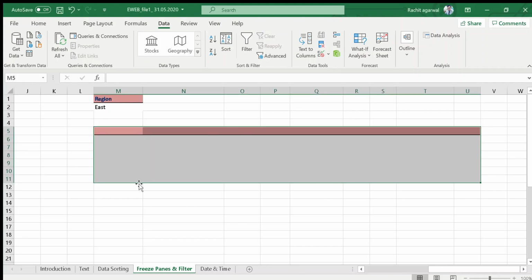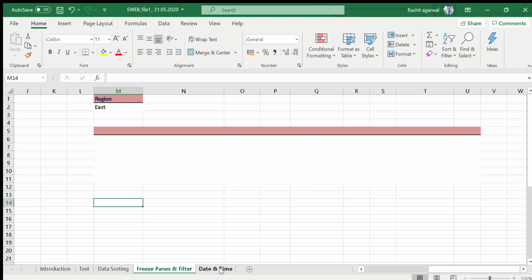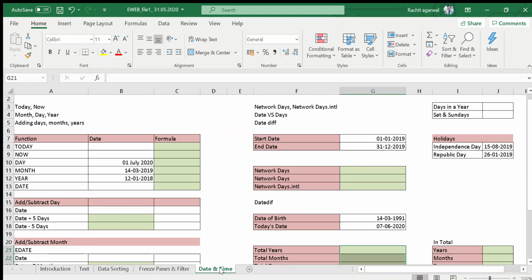All right. So I hope advanced filter, including the basic filter, has been clear to everyone. Now I am moving towards the next topic, that is date and time. Date and time basically is very basic. Nowadays, most people are not using these formulas, because they usually type manually. But yes, Excel provides the formulas for date and time. So let's see what this is.